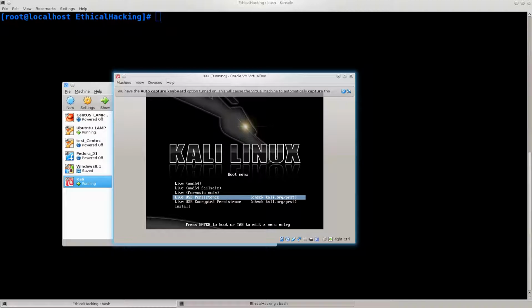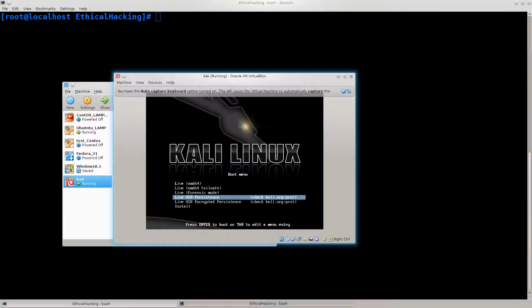And then you have live USB persistence. So this is a very nice feature that you can have. For example, you can have an operating system, Kali Linux or many other distros, installed on a USB stick, and you can have a rather large USB stick, like 256 gigs or something of the kind. It doesn't need to be that big, it can be a lot smaller, but the bigger the better, primarily because of this persistence flag. You can work, and all of your work will be saved on that USB drive,